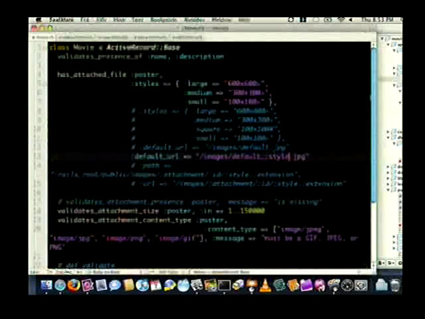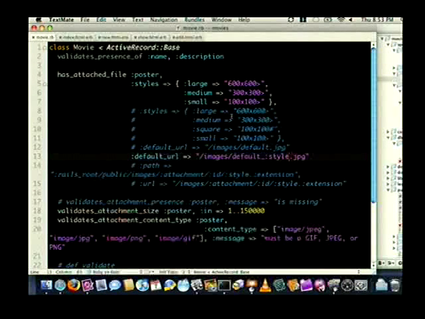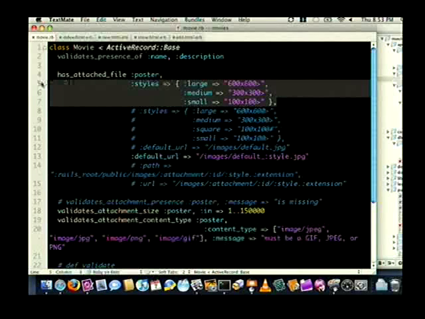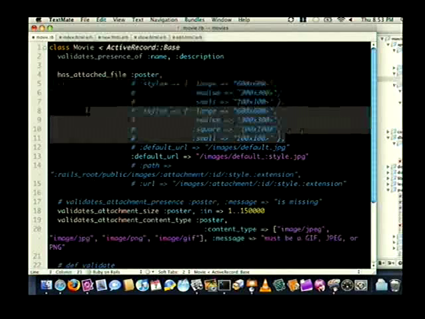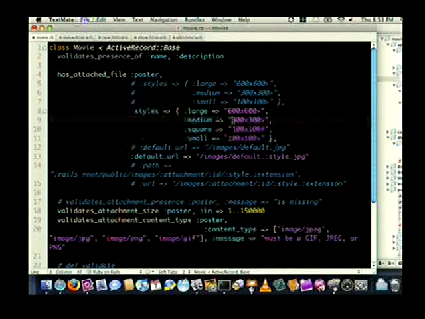All right, so we got a default image. Let's try to make a cropped thumbnail, if we haven't done that yet. So I'm going to go ahead and comment out the thing I did earlier. So we'll do the style a little bit differently. We've still got the small, medium, and large styles, but I've added a 4th style here, which is the square style. It's 100 by 100, and the little number sign there indicates that that's going to be cropped. So it'll basically resize the largest dimension to 100 pixels, and then crop. So you wind up with a square 100 by 100